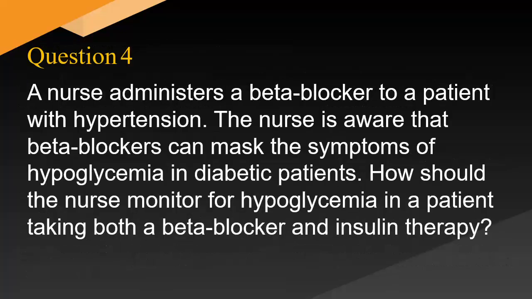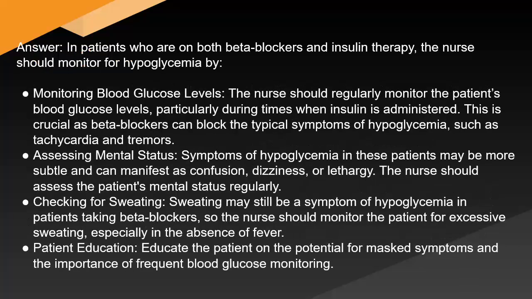A nurse administers a beta blocker to a patient with hypertension. The nurse is aware that beta blockers can mask the symptoms of hypoglycemia in diabetic patients. How should the nurse monitor for hypoglycemia in a patient taking both a beta blocker and insulin therapy? Answer: in patients who are on both beta blockers and insulin therapy, the nurse should monitor for hypoglycemia by monitoring